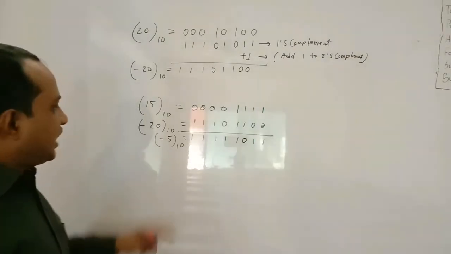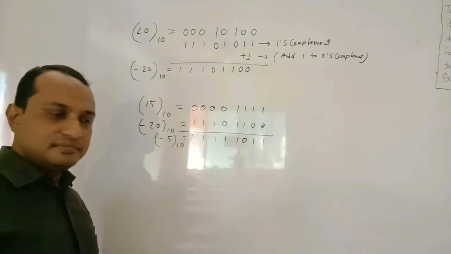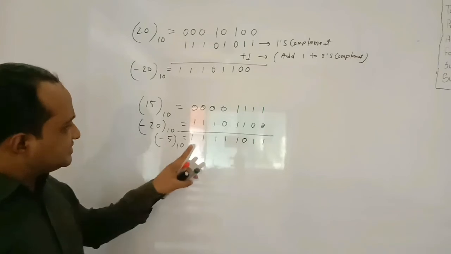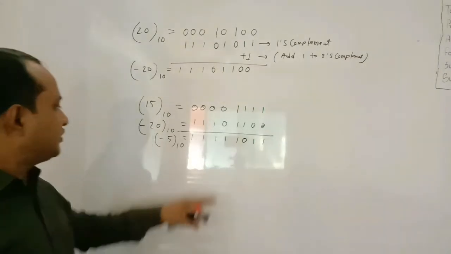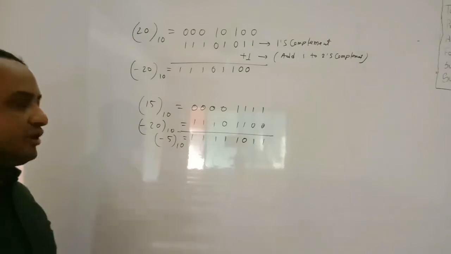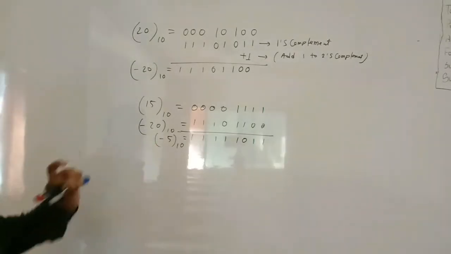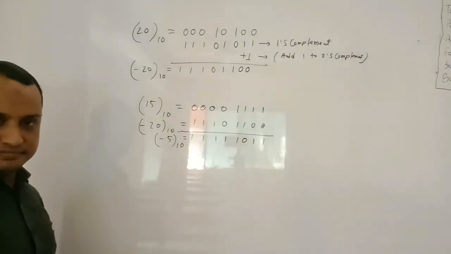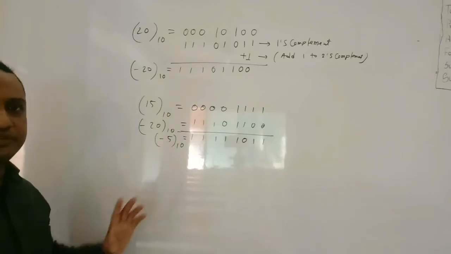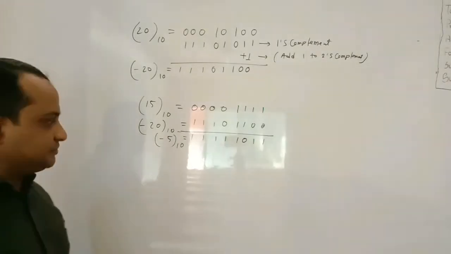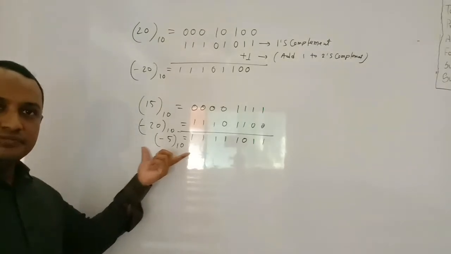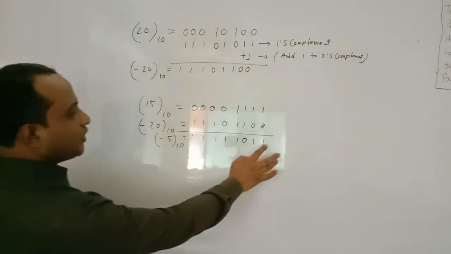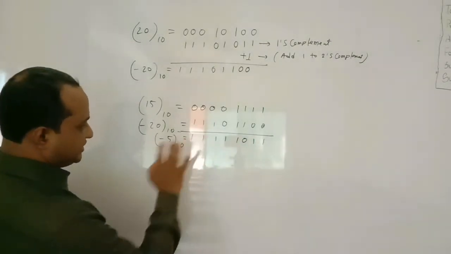For this reason, I have to convert this number again into a positive number to show you that it is minus 5. This is a large number. It is not believable that it is minus 5. So you have to prove it is minus 5. For this reason, you have to use 2's complement form again. If it is a positive number, then you need not use the 2's complement system again. But as it is a negative number, you have to prove that it is minus 5. And you see 1, 2, 3, 4, 5, 6, 7, 8.